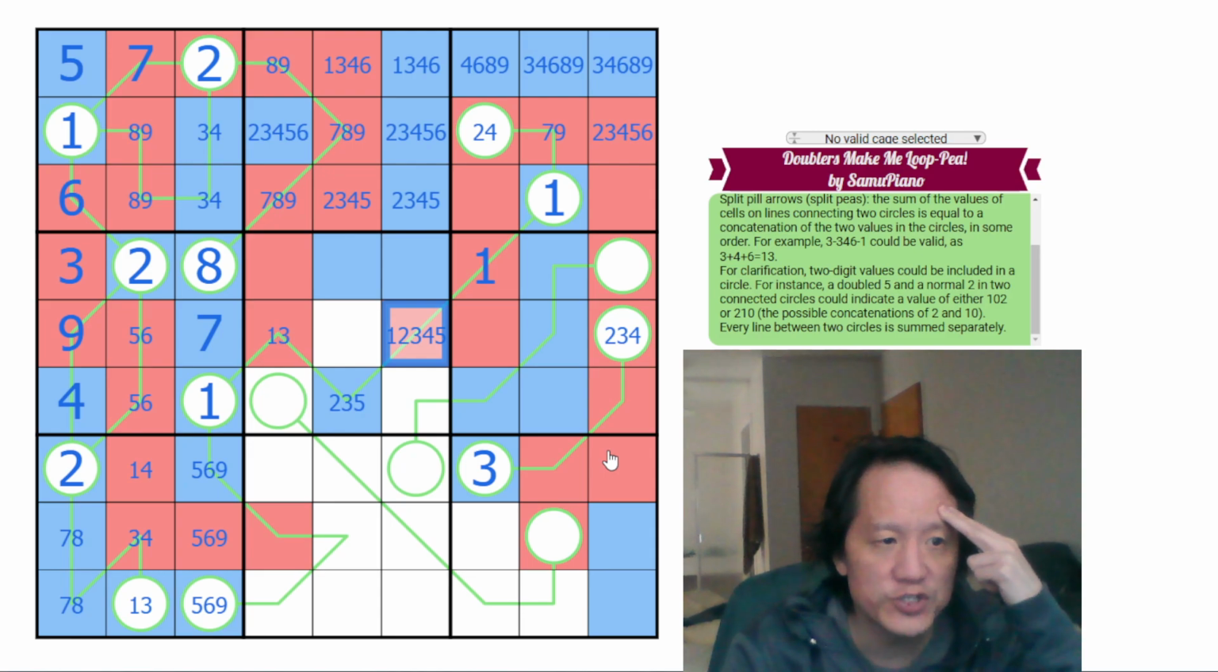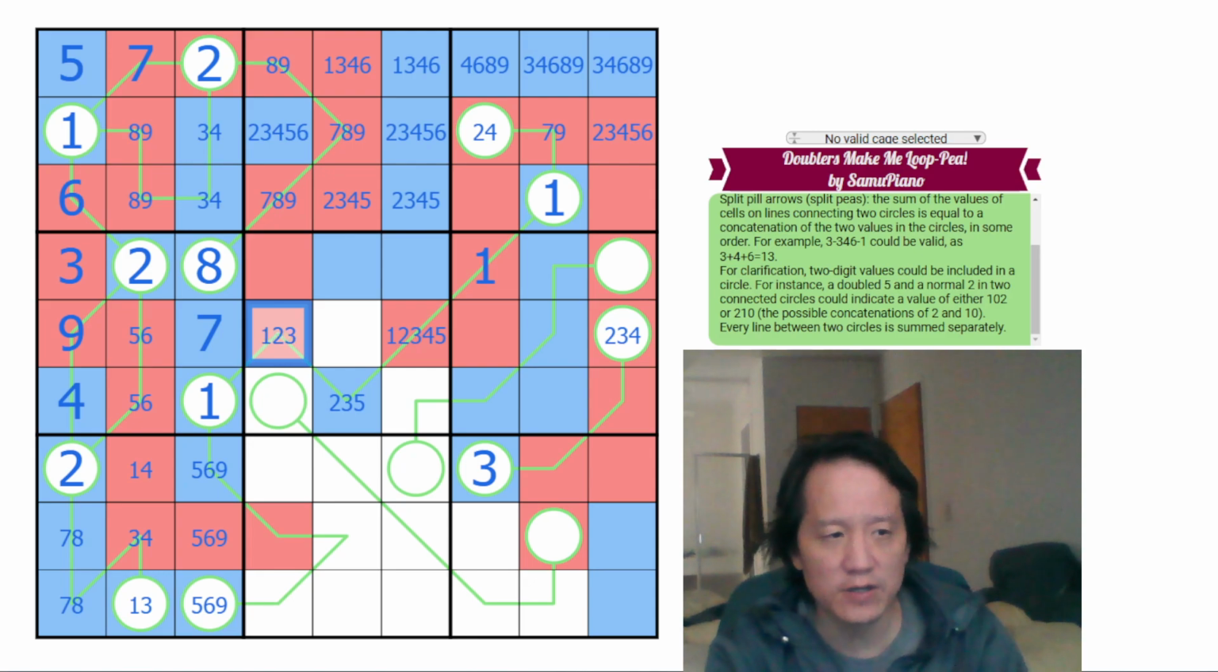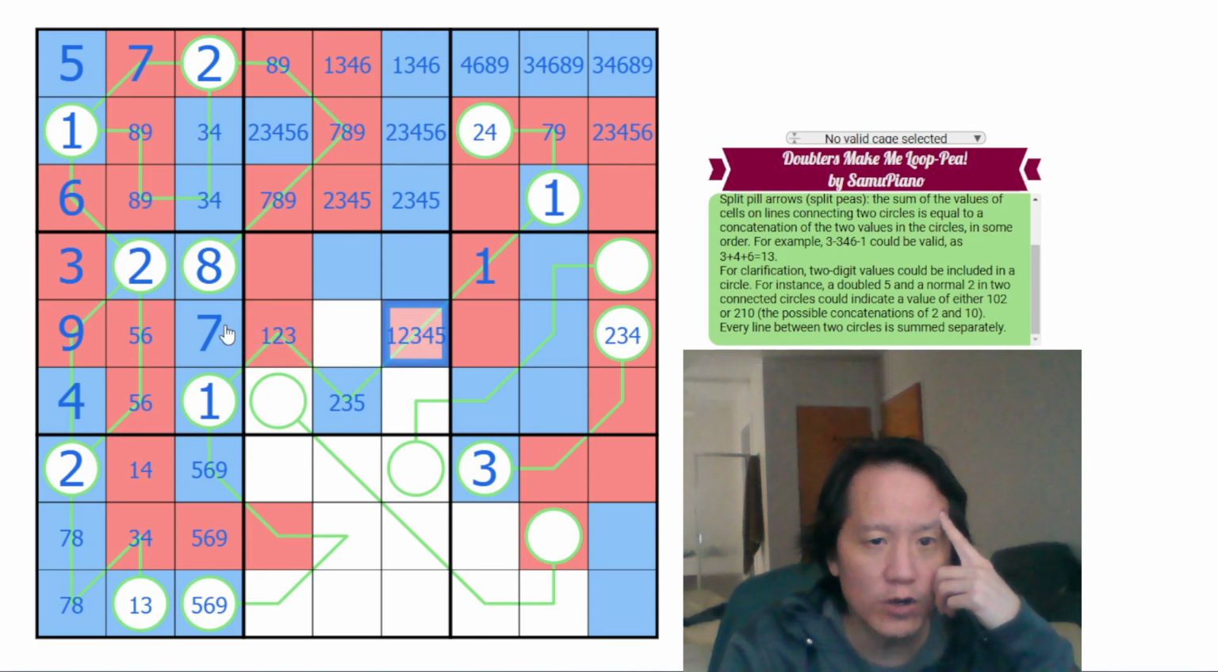Yeah, if it's 1 plus 3 doubled, that doesn't work. So it has to be 1 plus 2 doubled. Oh, wait, this could actually be 2 still. That was a mistake, but it's a minor mistake. If it's 1 plus 2 doubled,